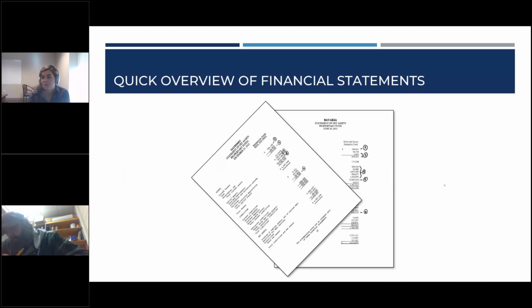Many of you may be familiar with financial statements already, so this will just be a review. But financial statements that come in at the end of the year are often many pages long, right? So you'll have a letter from the auditor, from the accountant on the front, and then you'll have information about the governmental funds, and then some information about the enterprise funds, and then you'll have the notes at the end. There's a lot of information in there, and sometimes it can be a little bit daunting to figure out how to navigate it. So the idea with these first few slides is just to introduce you to the different pages that might be relevant if you were to look at your utility's financial statements.